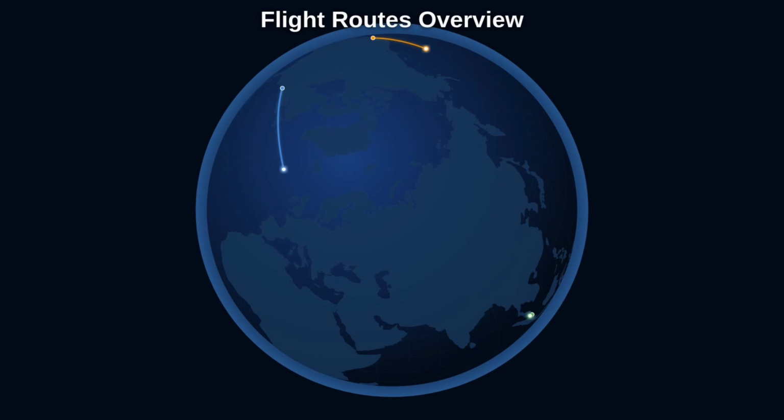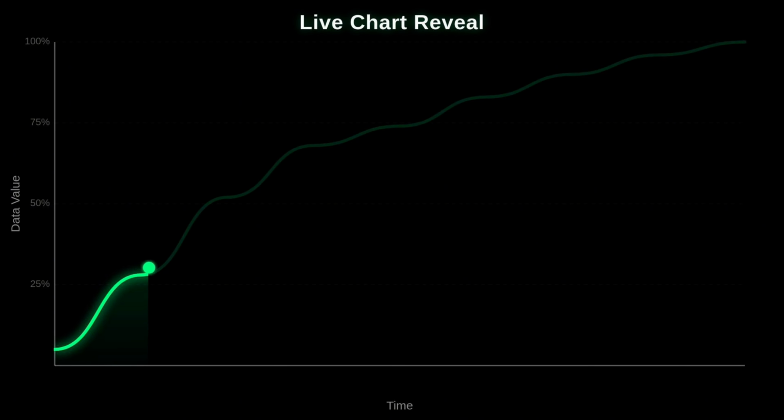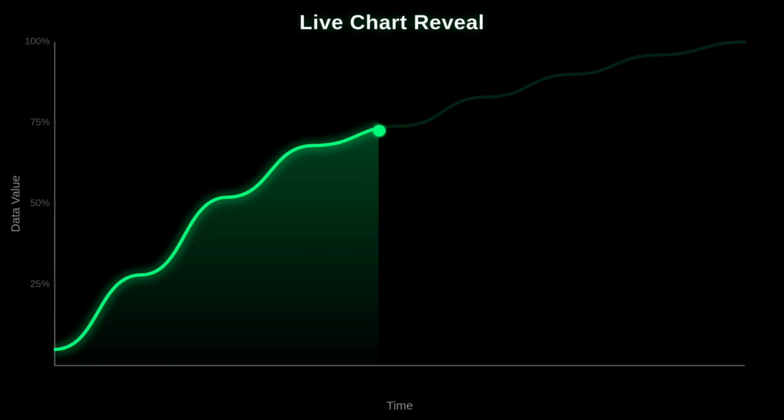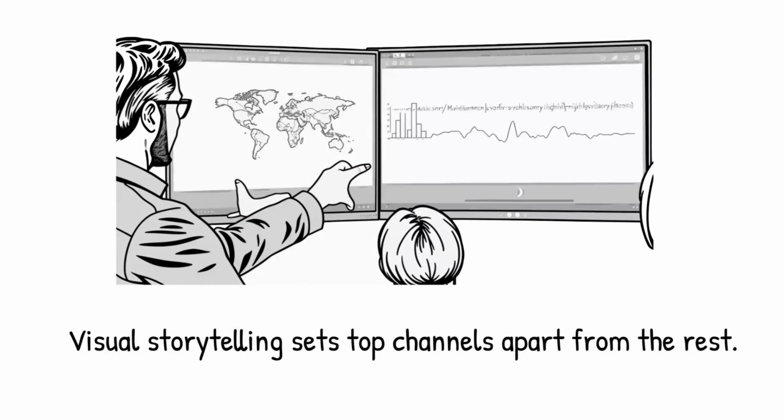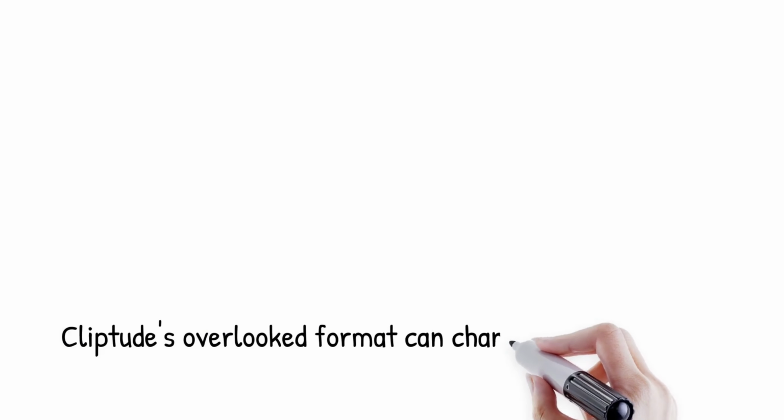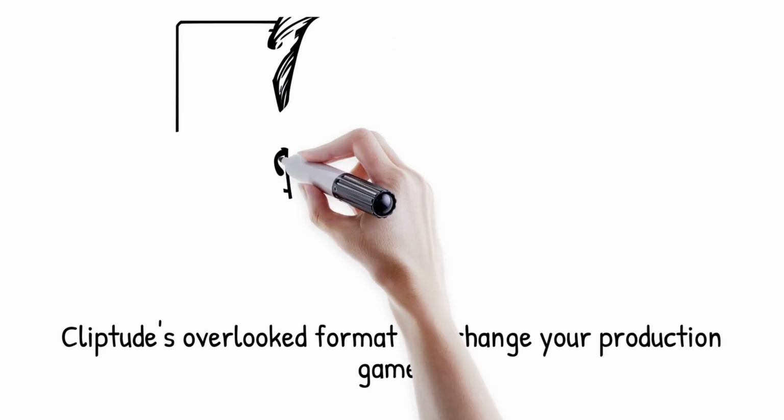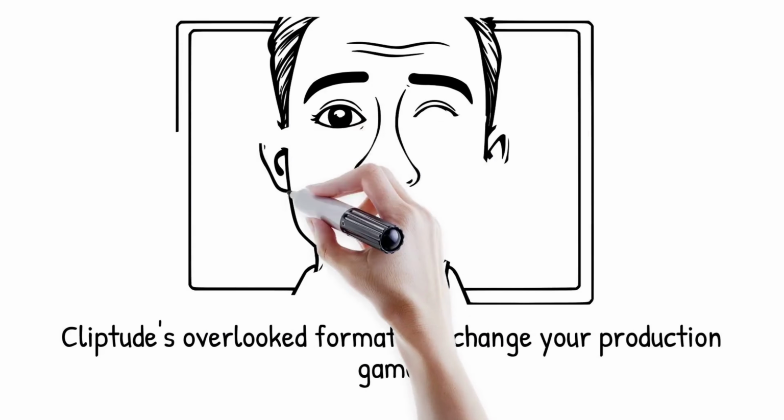Animated maps tracing flight paths, motion graphics that sync to the narration, data charts that build on screen as the voiceover lands the point. That visual layer is what separates a video people finish from one they abandon at the 30-second mark. That's what I want to break down today.